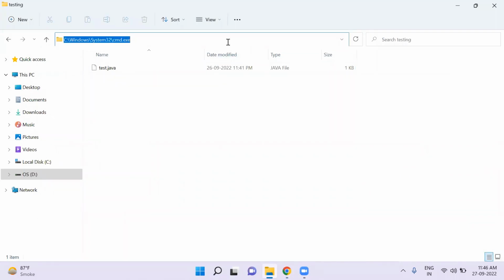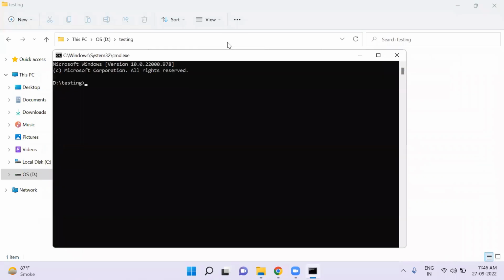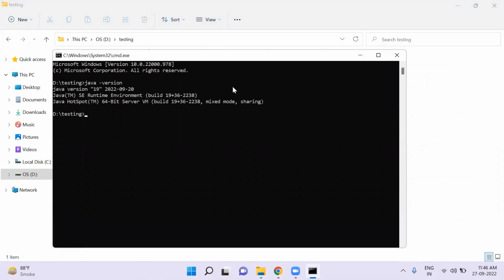For that, I will open the terminal and enter the command java space hyphen version. So we see that Java version 19 is successfully installed.